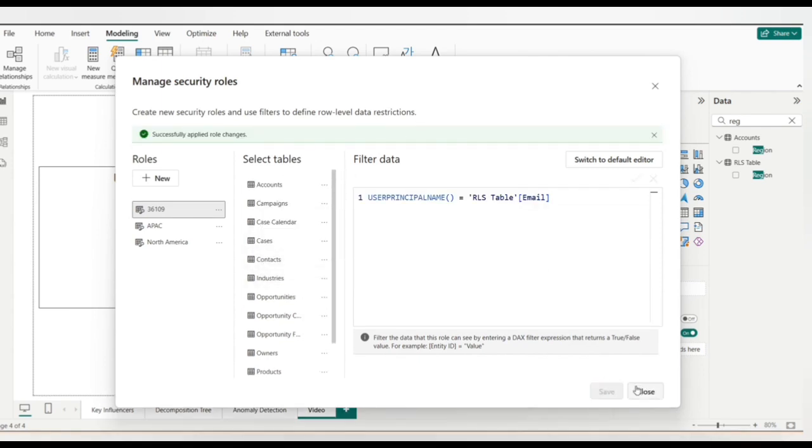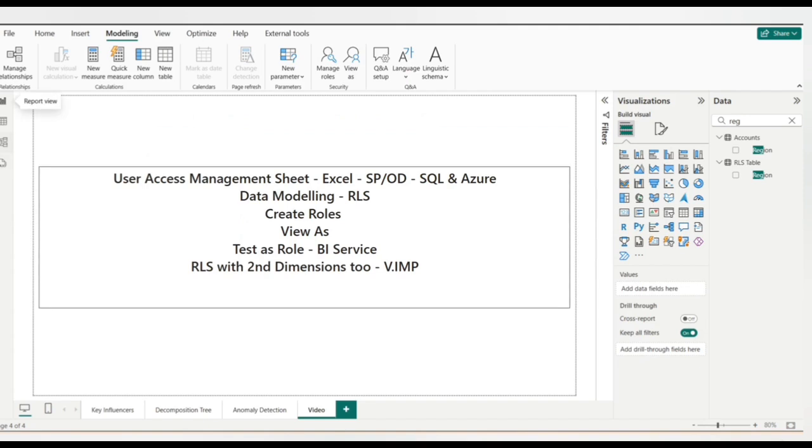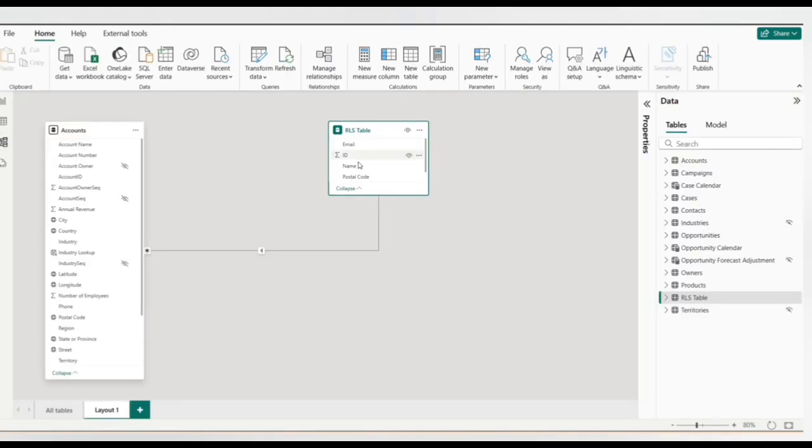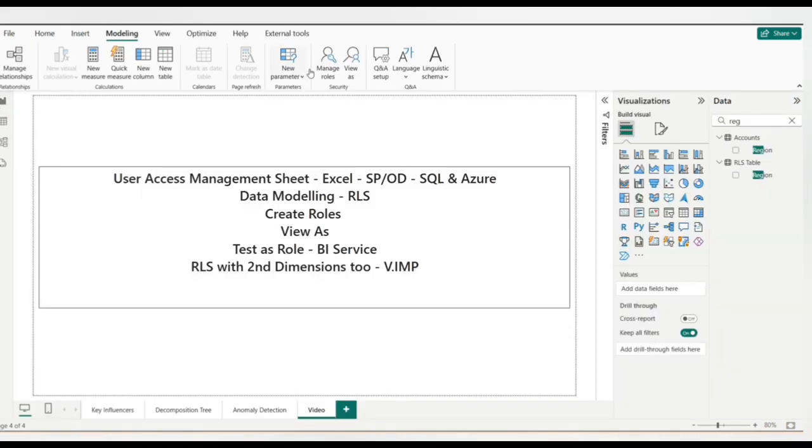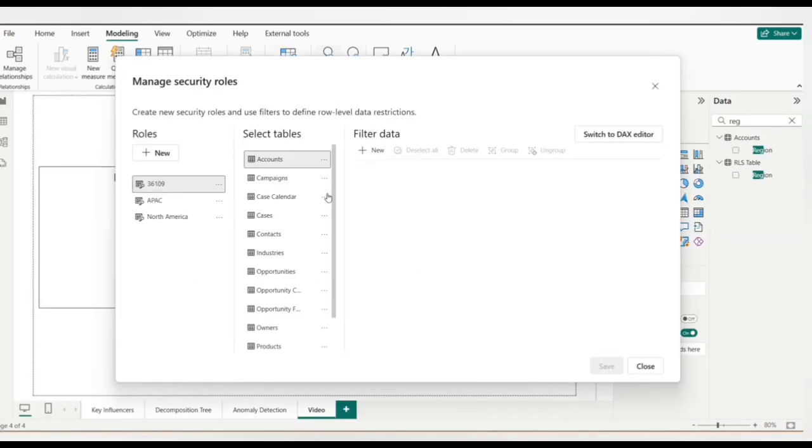I will tell you the reason. Right now this table is connected region to region, and again you have to filter postal code to postal code. So now there will be only one active relationship between two tables, and with an inactive one it is not going to filter. This is the reason why we have to